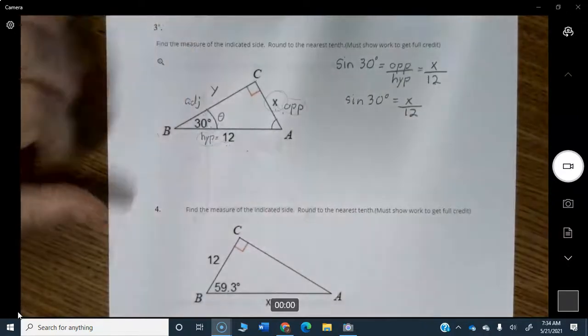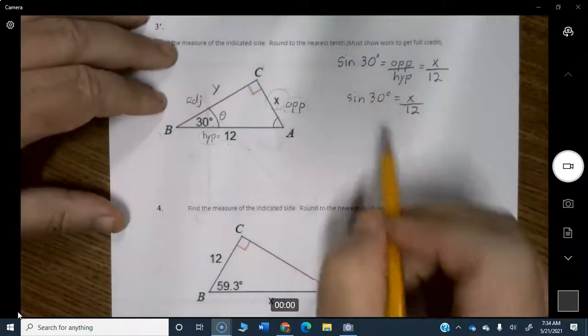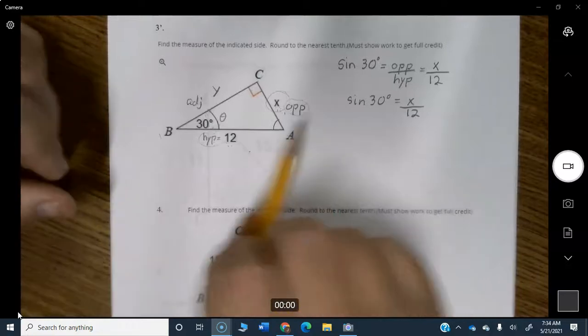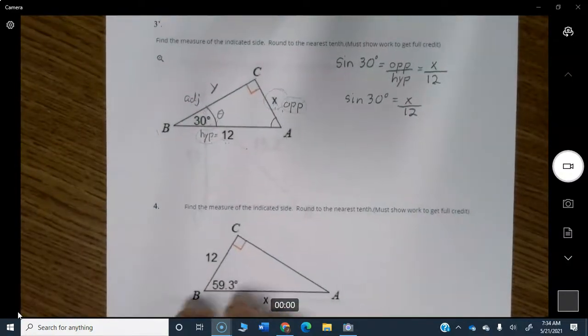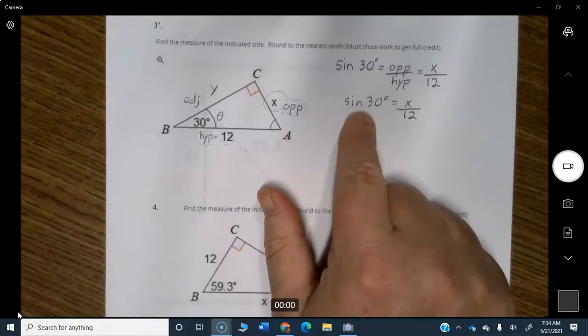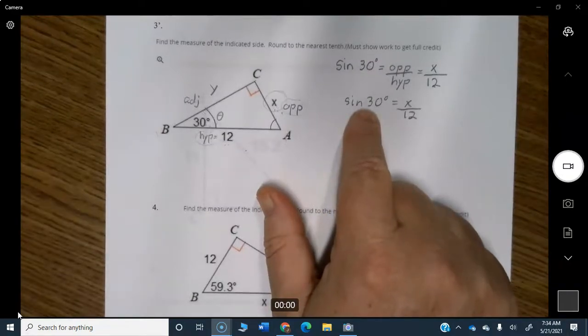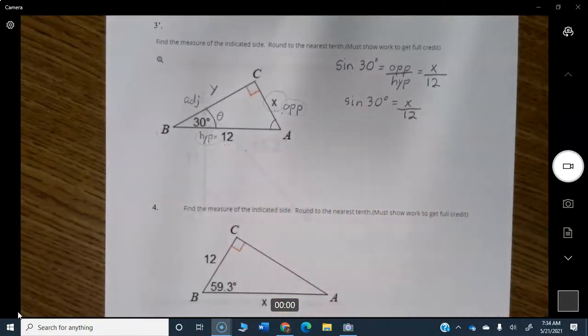All right, so now what do we do? Well, you can find the sine of 30 degrees on a calculator. All right, so I'm going to use the online calculator to do that. So there's a very specific number that's going to come out to be. We saw in the previous problem,